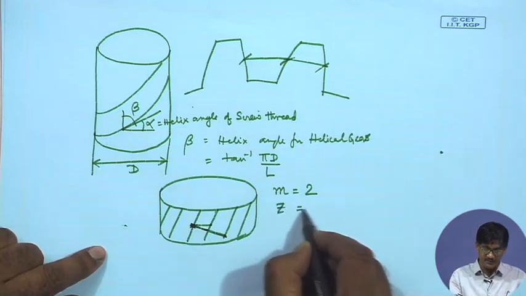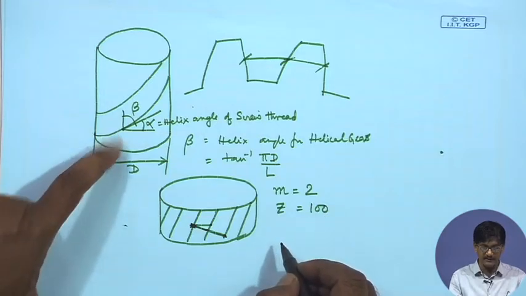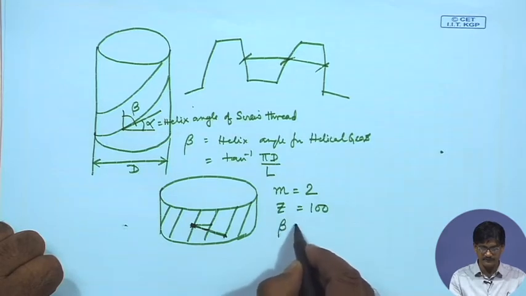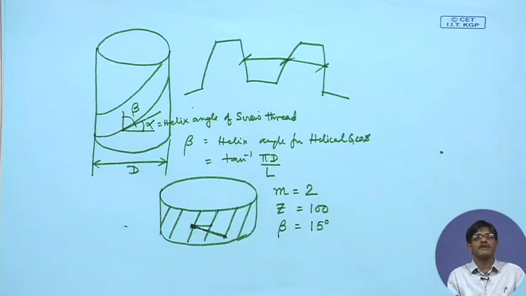Z is equal to, say, once again 100, and say this particular helix angle that we are talking about, beta, is equal to 15 degrees. So, in that case, our first question which comes is, is the outer diameter different? Is the pitch diameter different? For that, I will leave the question to you with a hint. The hint is this: